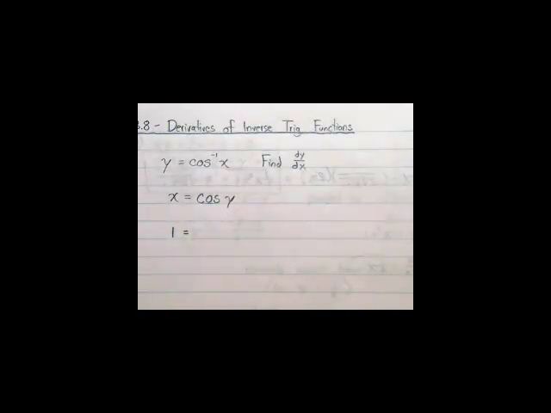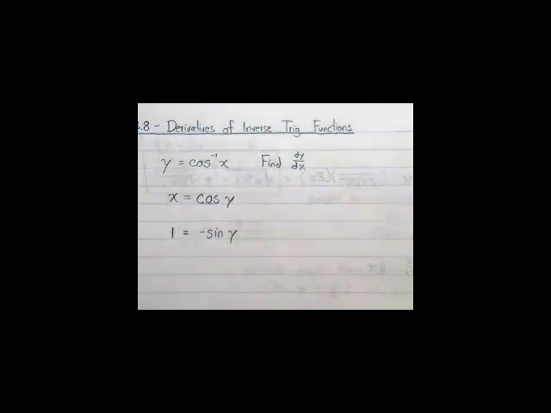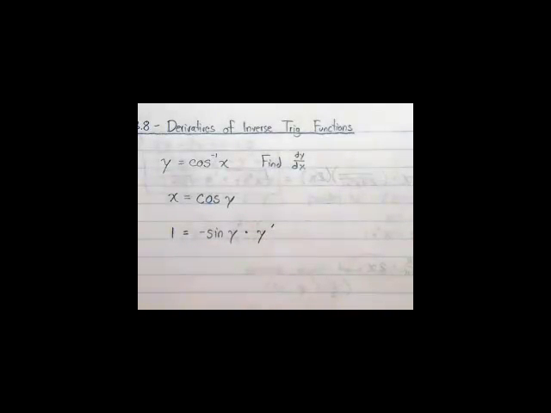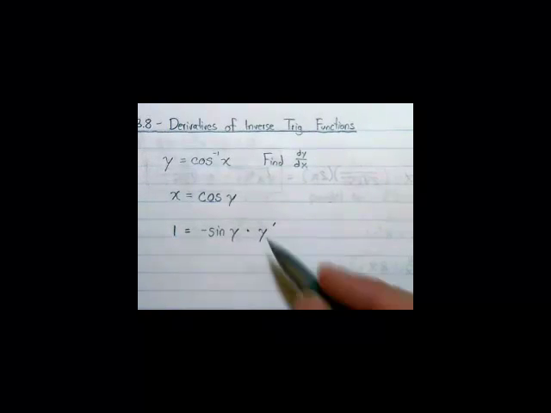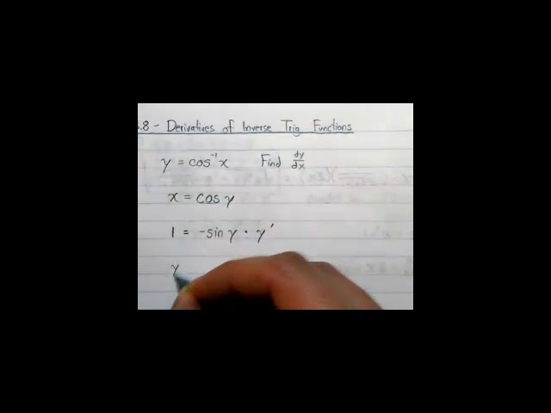Derivative of cosine, negative sine y, and then don't forget your y prime. Now we can solve this for y prime, just like we're used to doing. So y prime